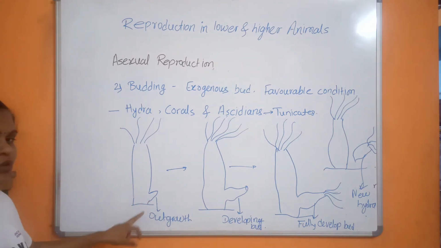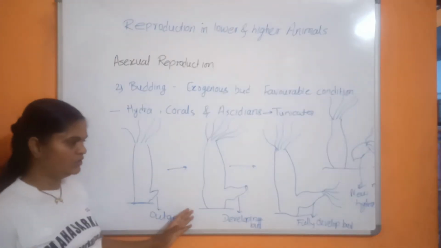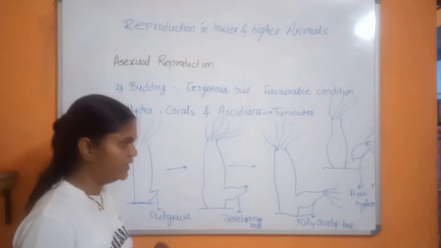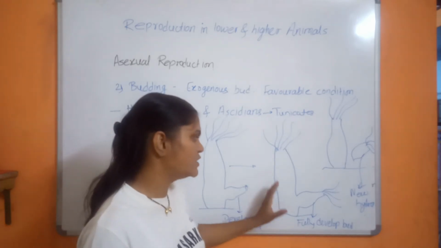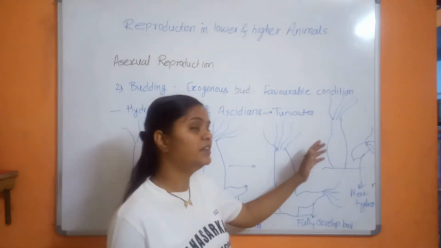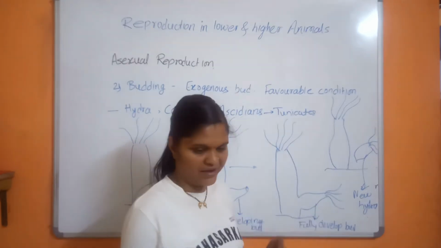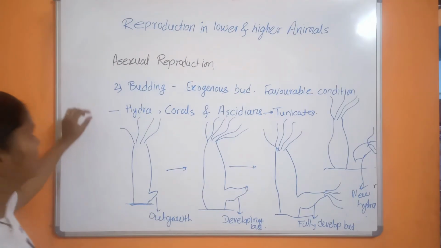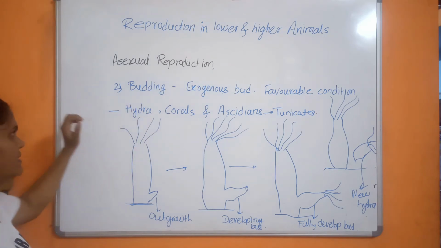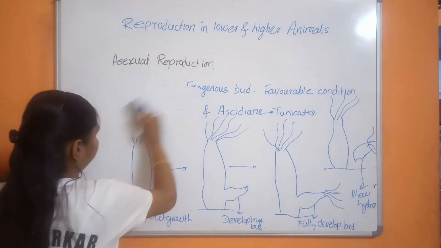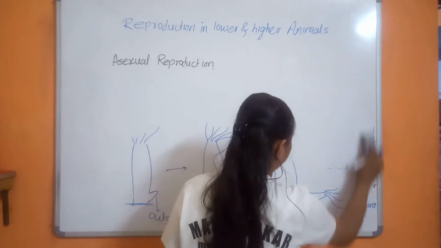In Hydra, an outgrowth is produced at the basal end of the body, and this outgrowth develops into a bud. That developing bud produces tentacles, and then this fully developed bud detaches and behaves as a new organism, a new Hydra. Okay, so this type of asexual reproduction occurs in Hydra, corals, ascidians. Then the third type, understand this? Okay, now next is